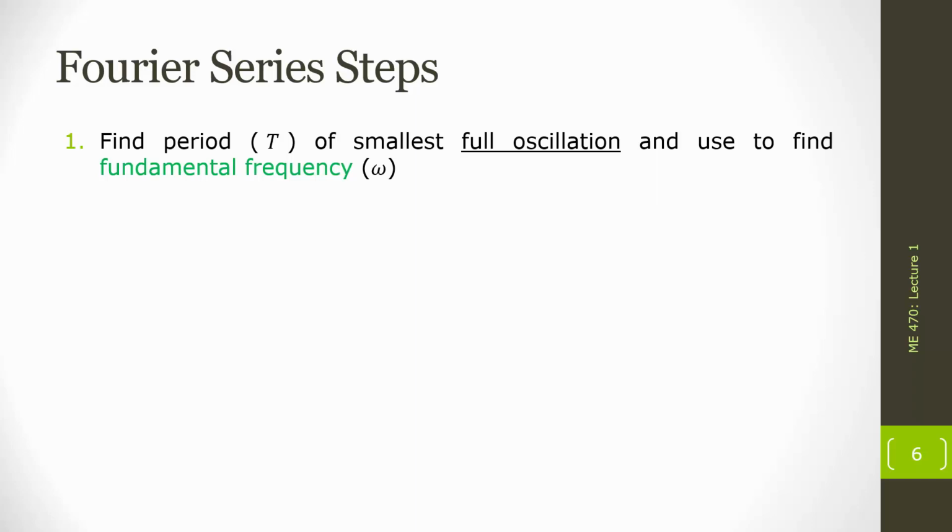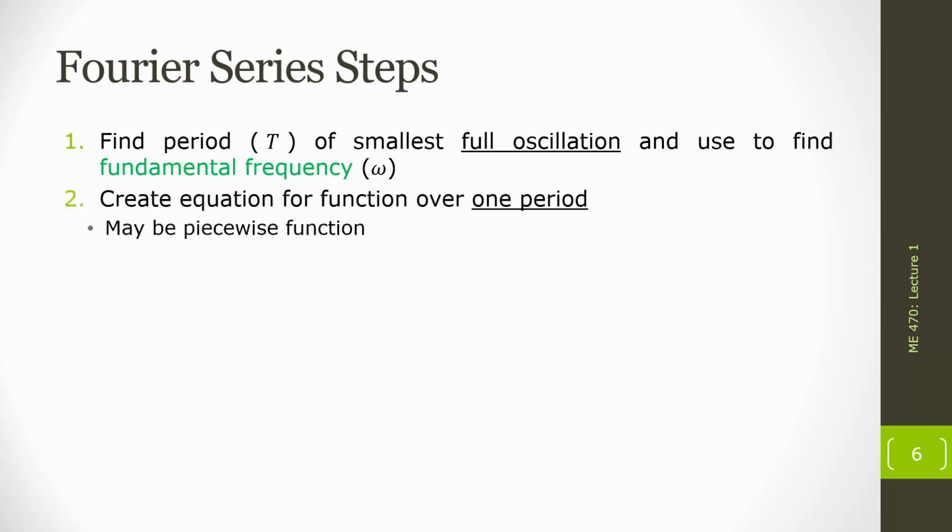Now we need to define an equation for our function over that smallest one period. Sometimes we might be given a graphical representation of our function. Sometimes maybe we are just handed the actual equation, but we need to get our hands on our equation defined from 0 seconds to T seconds. And sometimes, as we'll see in our examples, that could be a piecewise function, or maybe it is just some continuous function that goes from 0 to T seconds. Either way, as long as we have its full definition over the first T seconds,